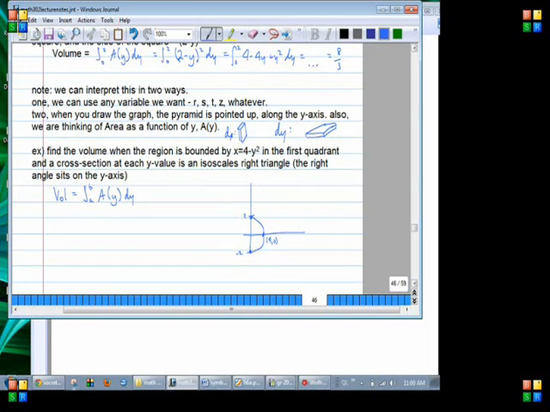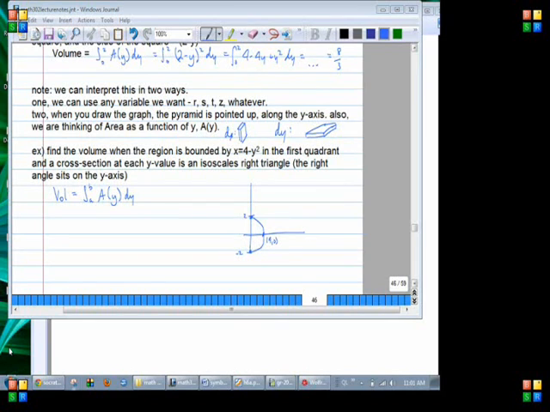Okay. So you can solve this algebraically really quickly. So if we just take for granted for a second that this is the graph of this formula,